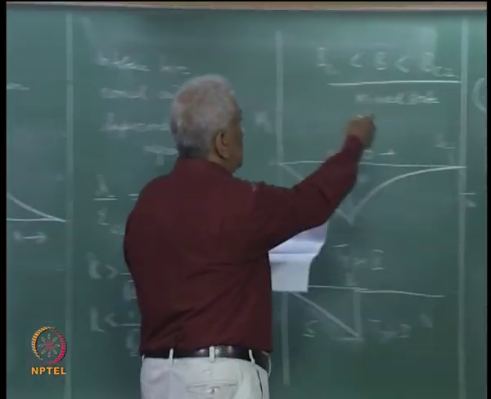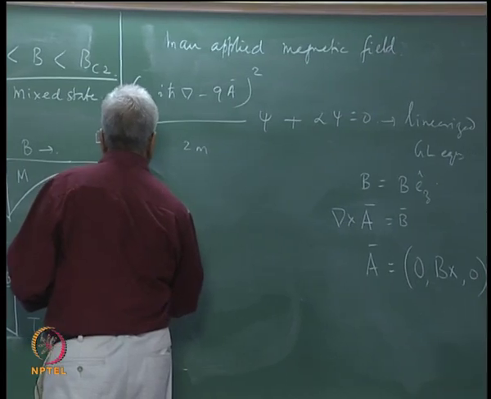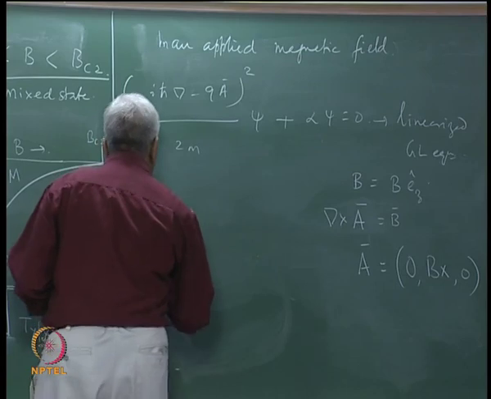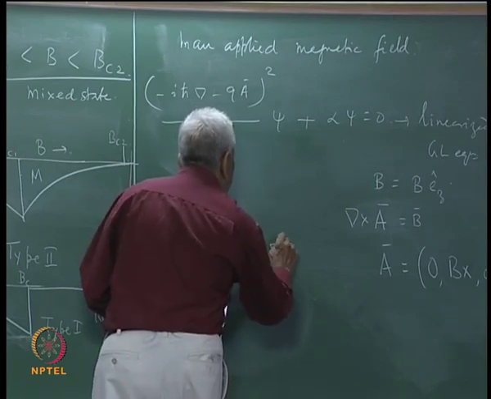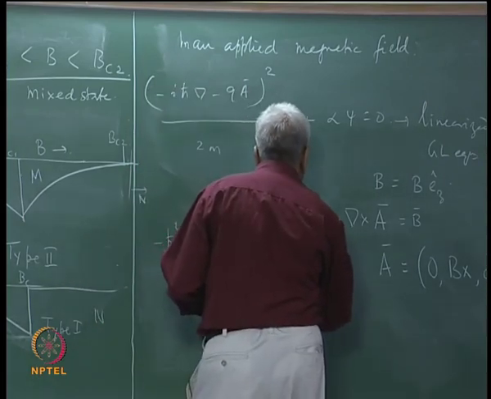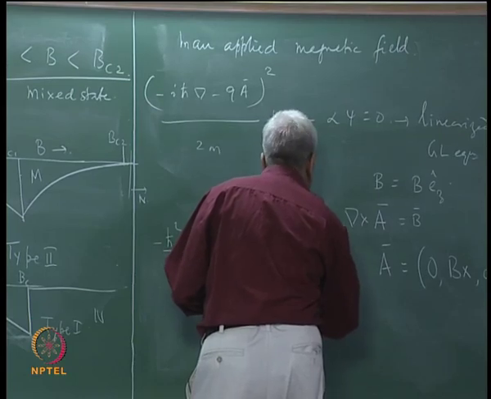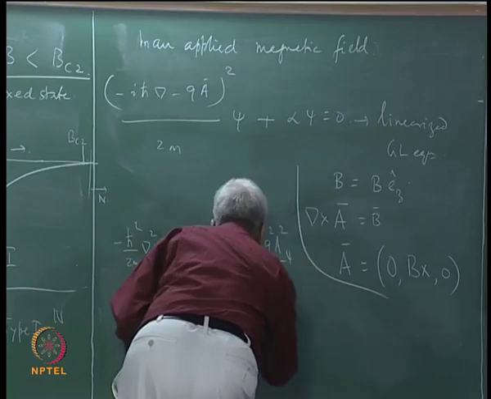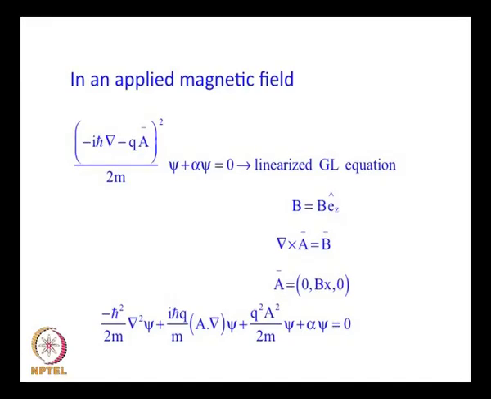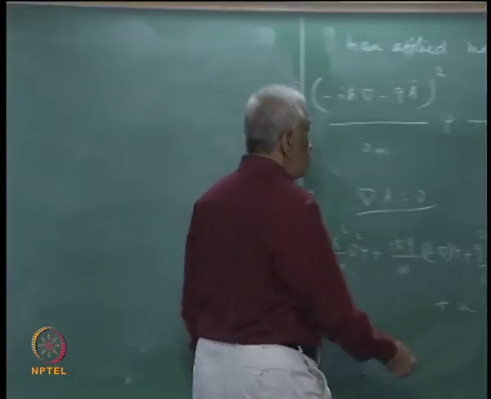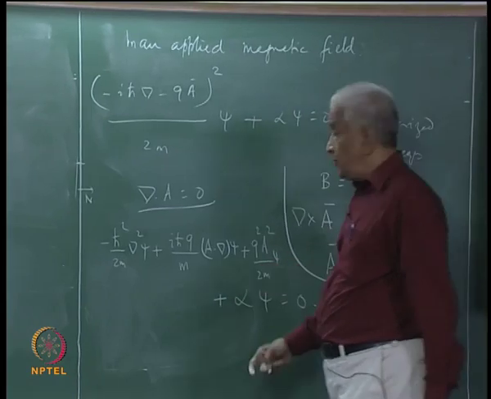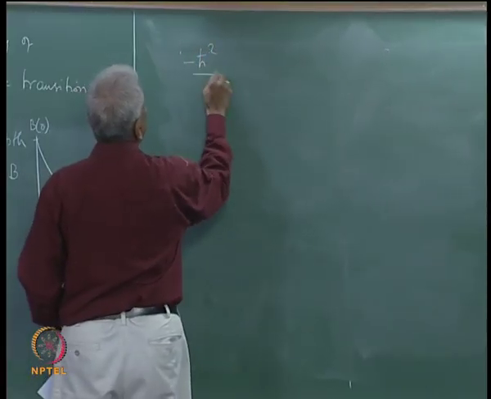Suppose we take this and rewrite this equation, this becomes, where we have used the condition that we work in the Coulomb gauge and we assume del dot A is 0. With that assumption, this is what we arrive at. That can be written because we have only Bx in this vector potential term. Expanding this, we arrive at, in Cartesian coordinates,